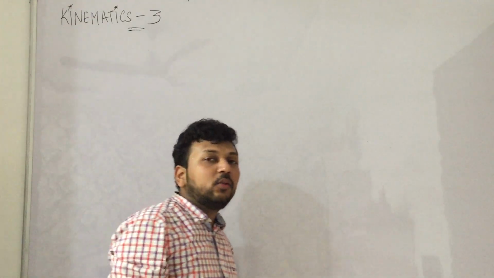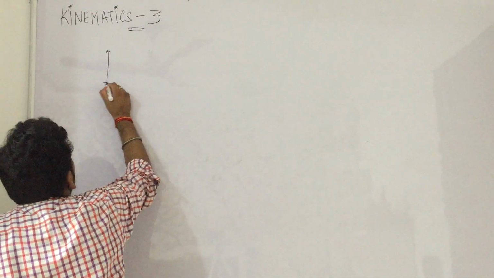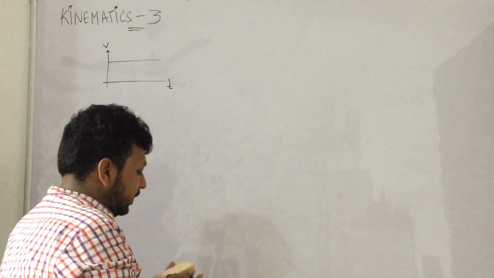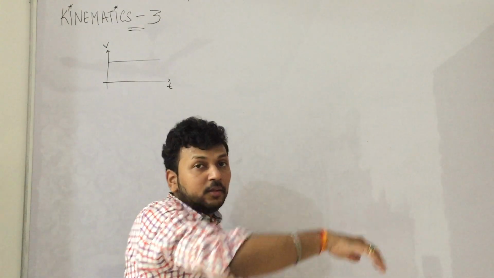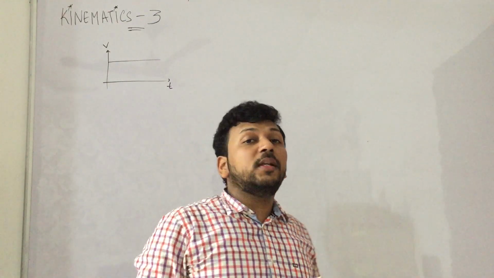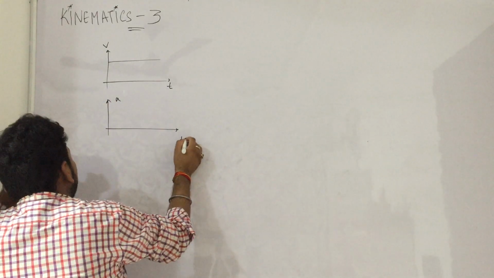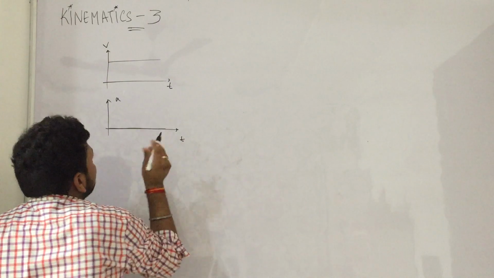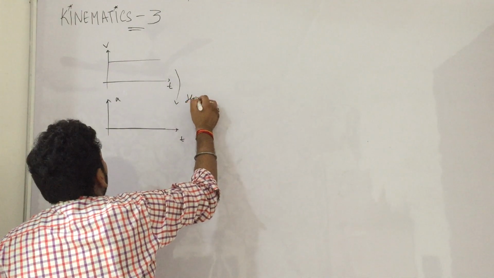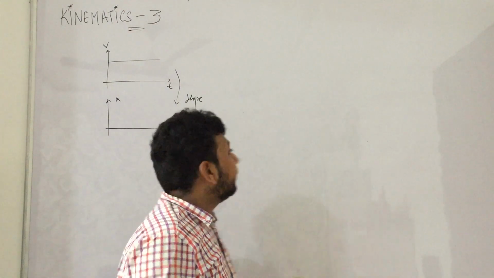Now let us understand these concepts in terms of kinematics. So let us take a VT graph and it goes like this. So what does this mean? This means that the person is traveling at a constant velocity, just constant velocity, 40 km per hour or whatever. If it is going at constant velocity, what is the acceleration, you tell me? Acceleration must be 0, right? So the AT graph must be 0, no acceleration. Or you can also say the slope of the VT graph is 0. So the slope is 0. That's why acceleration is 0.